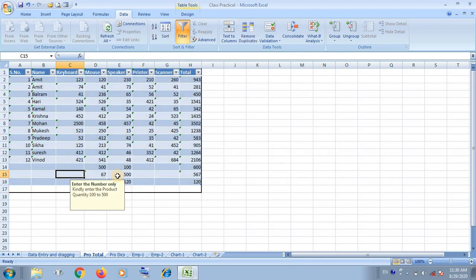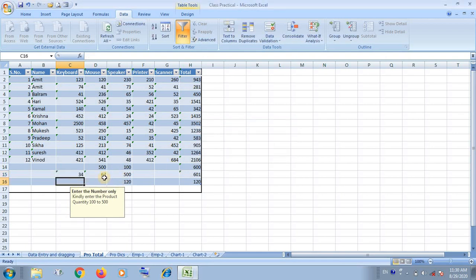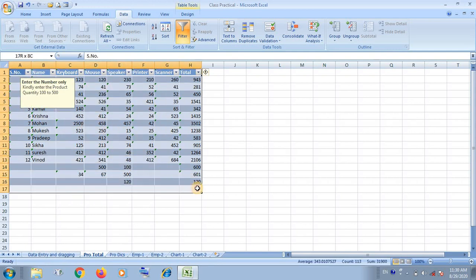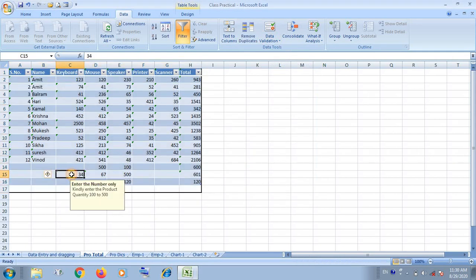You are looking here, I have entered 34, it is alerting you. As you click OK, it will accept. So the best validation style is stop. This is the best validation style.